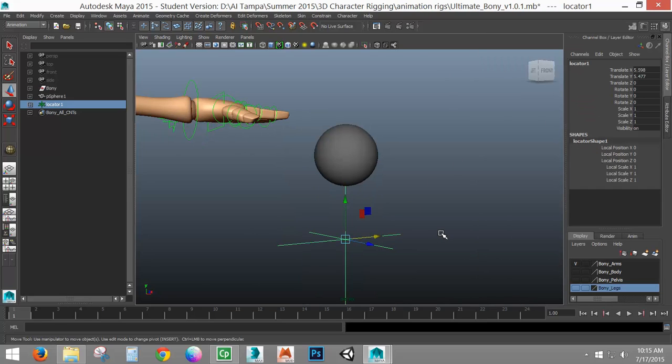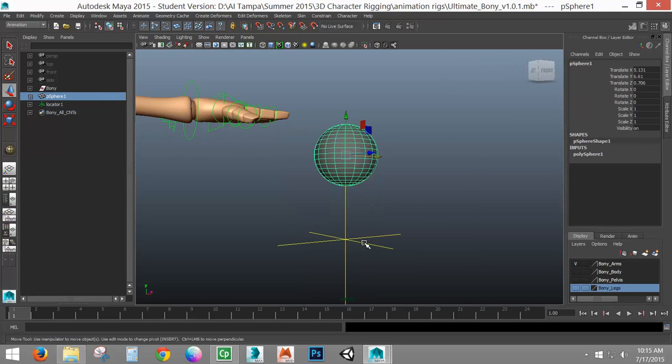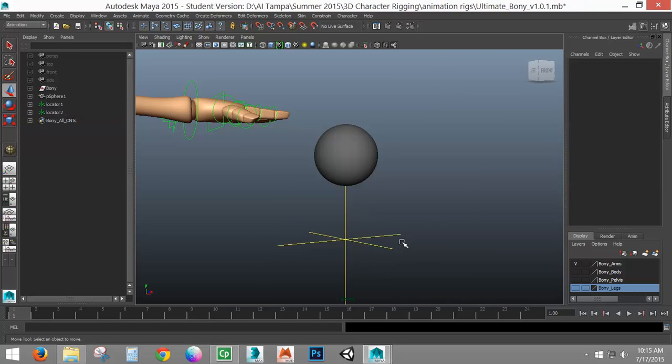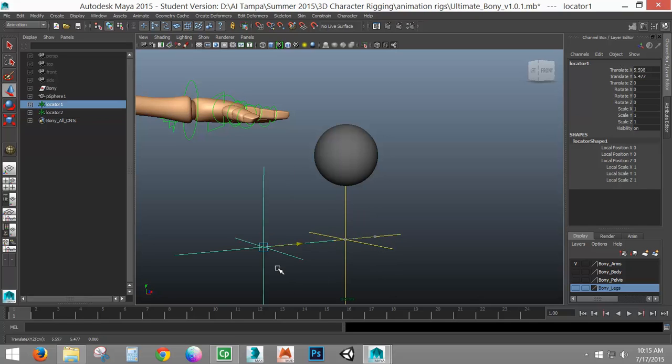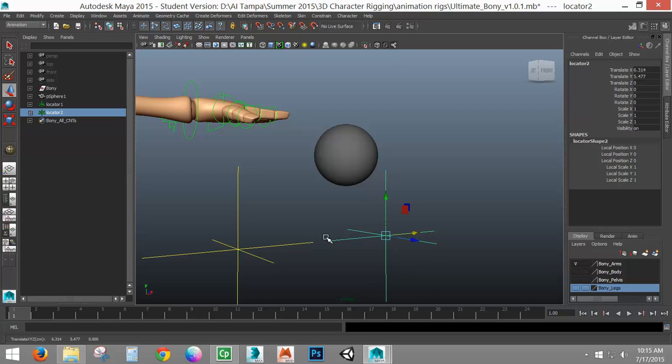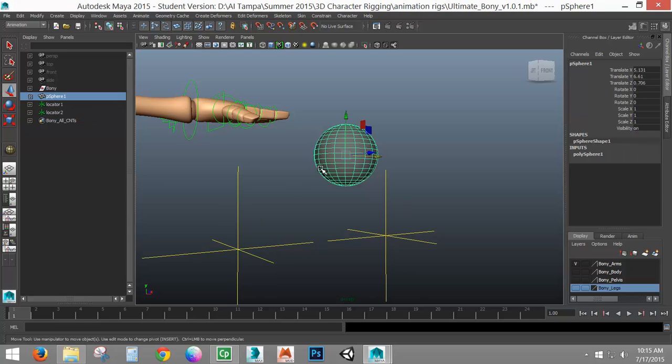So the idea of a point constraint, you are going to need an object and two targets. So in this case, two locators. So I just did Control D to duplicate my locator. And here they are, separate. So with the locators, these are representing where your object is going to be placed. So wherever your starting place is for this object, again, if he's picking it up, this is your world.